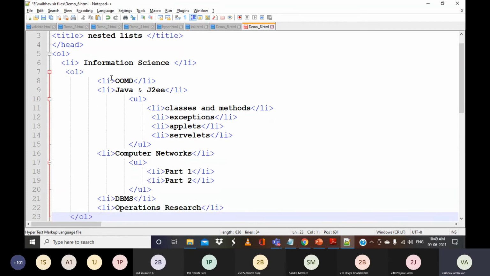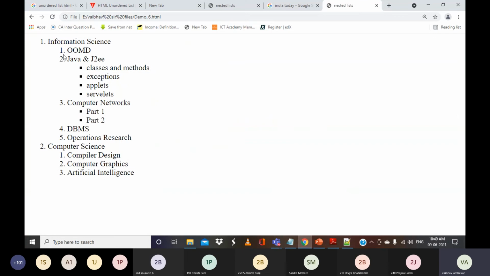So these are my first, second, third, fourth, and fifth, 5 elements that I have in my information science. After this, I will close this OL. So this is a closing pair for this OL tag, that means it is this one. So I'm finishing with this information science. From here to here, I have finished.